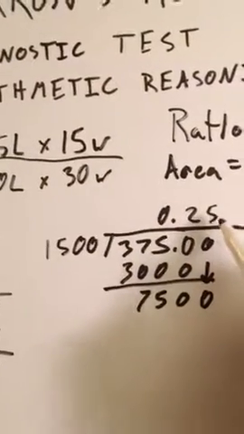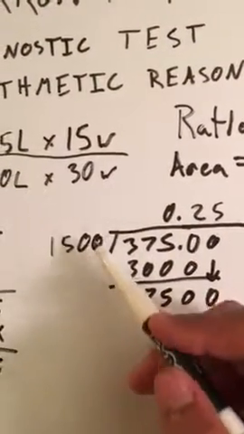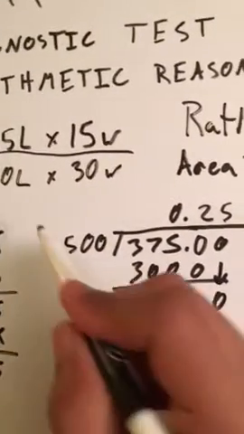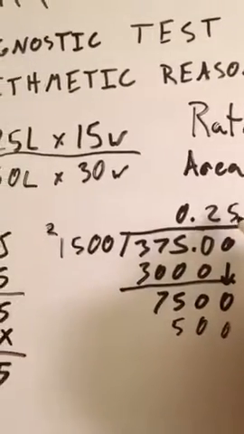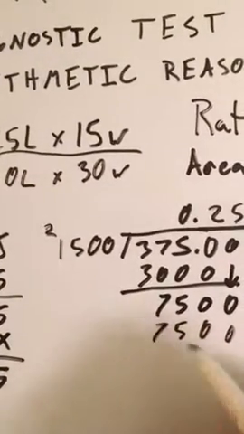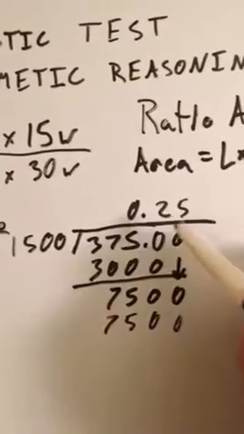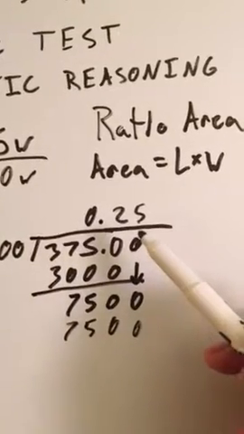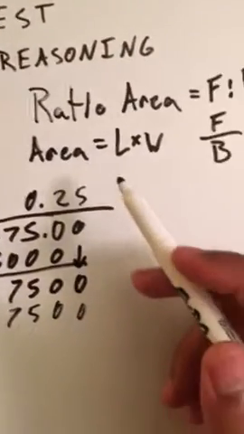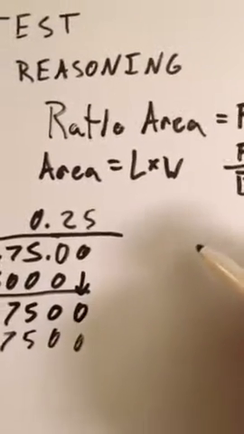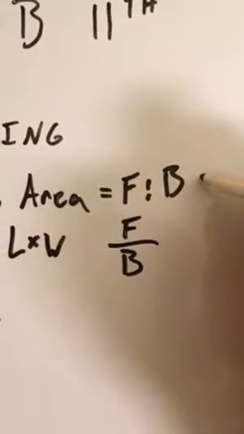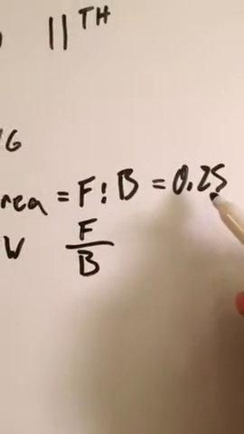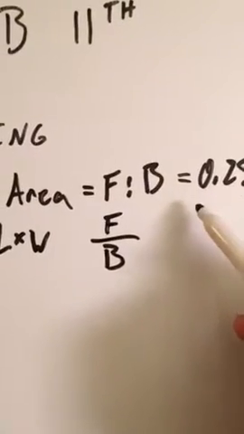I can show the math. 5 times 0 is 0, 5 times 0 is 0. 5 times 5 is 25, put the 2 there. 5 times 1 is 5, add the 2, you have 7. So we have 0.25 as the decimal representation of the ratio of the two areas. So the area front to back ratio is 0.25. We're actually going to take that to the next step. We have to know that 0.25